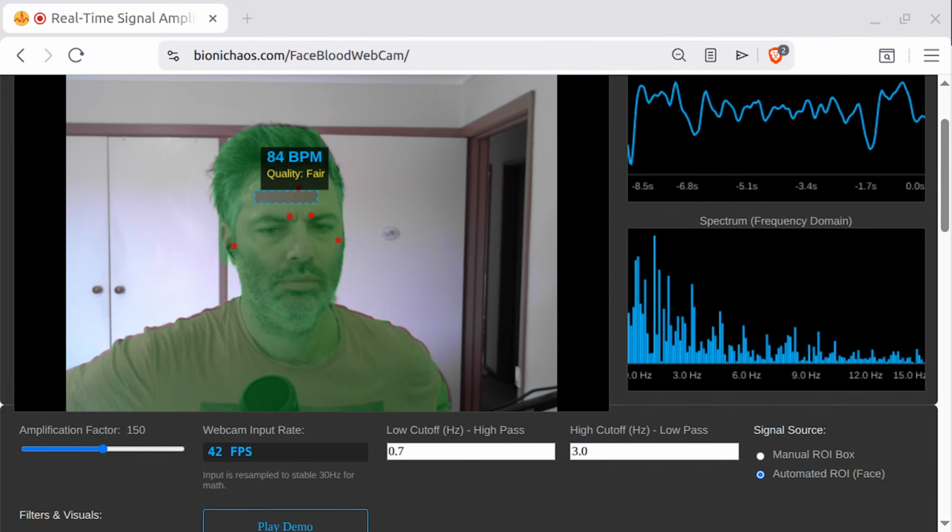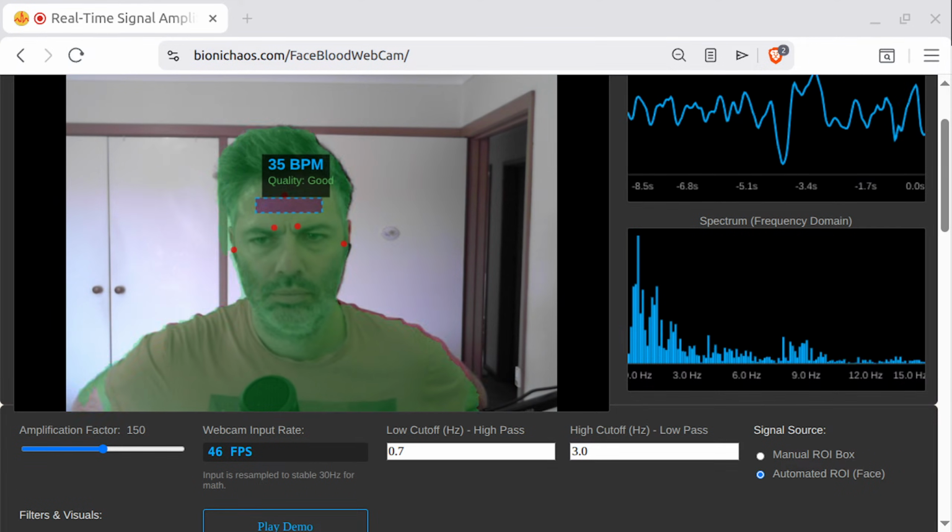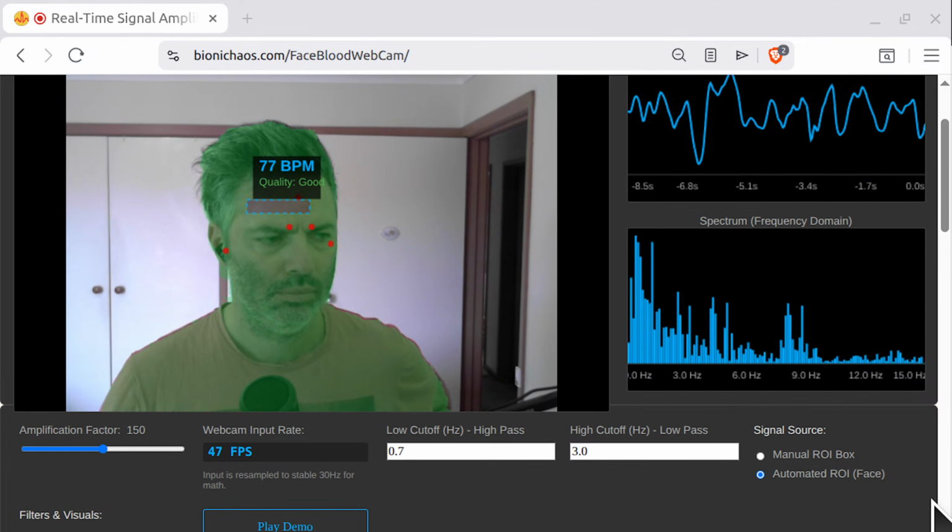Specifically, the code defines forehead boundary landmarks to identify the top, temples, and eyebrows, creating